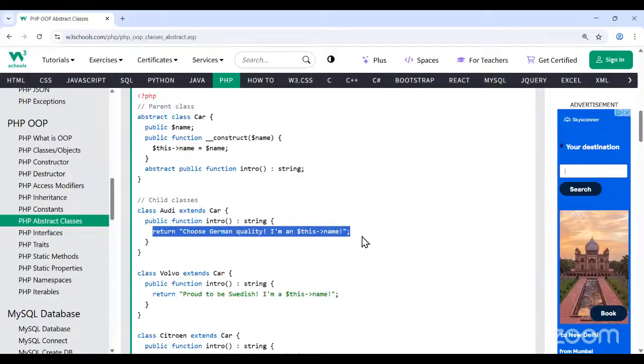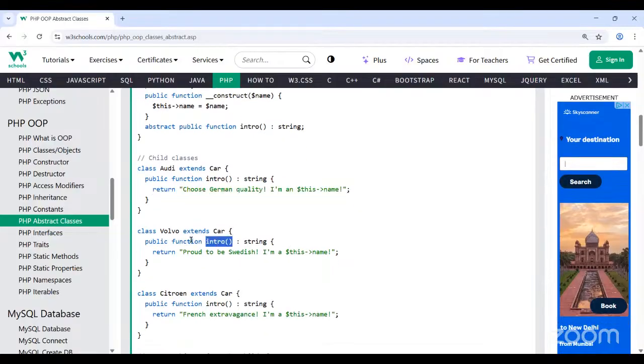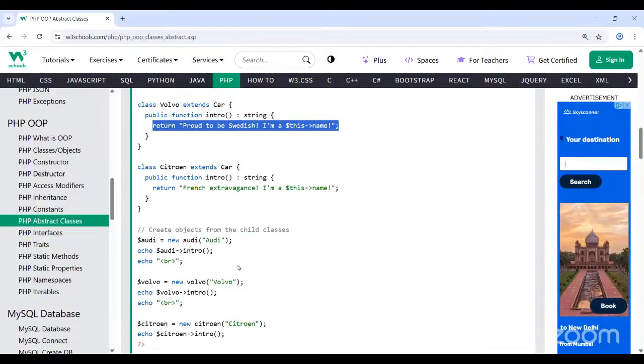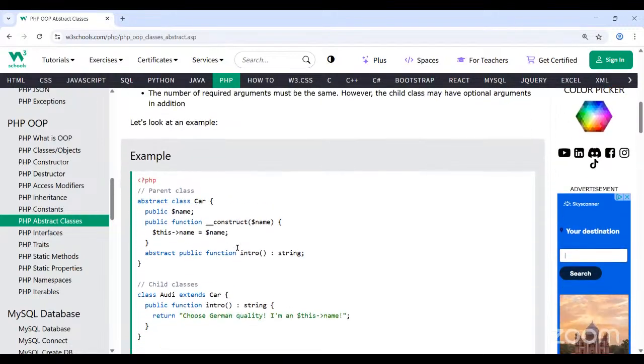This is the implementation, and intro is the method name. Different child classes give different implementations, but it is declared as an abstract method without implementation. So anybody who wants to implement this method can implement